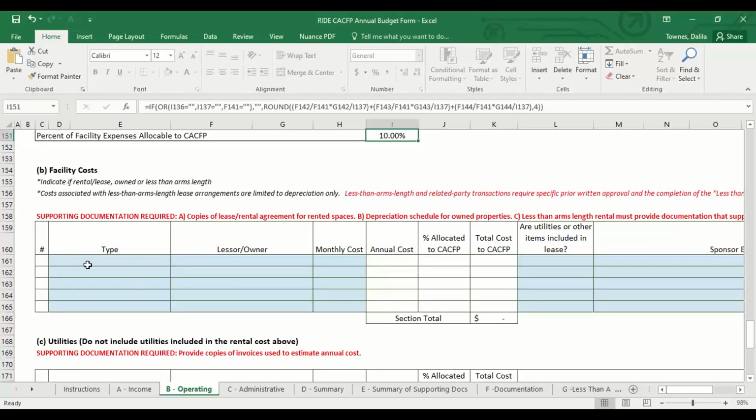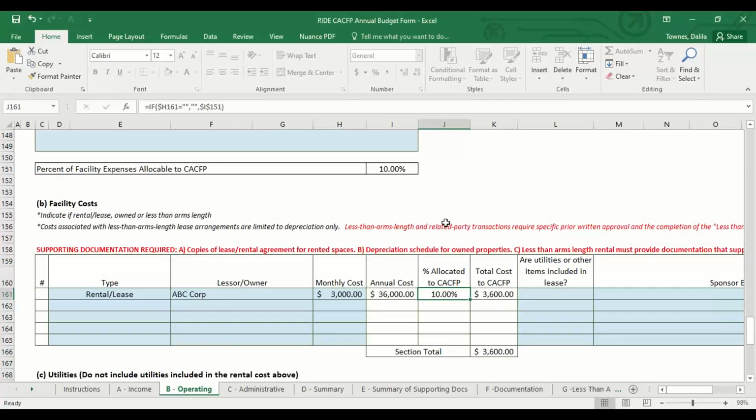Next, we're going to go through and enter in a lease expense. So we're going to say it's a rental lease from the drop down. We'll just say it's ABC Corp. And the monthly cost is $3,000. So then you'll see the annual cost is multiplied out 12 months in a year. Percentage allocated to the CACFP just flows from what we went through,